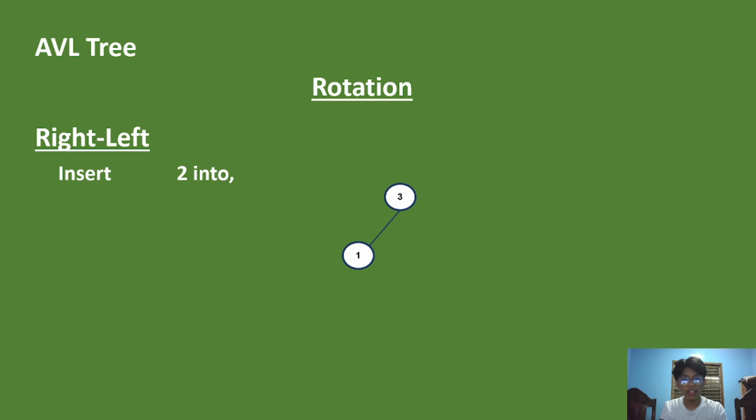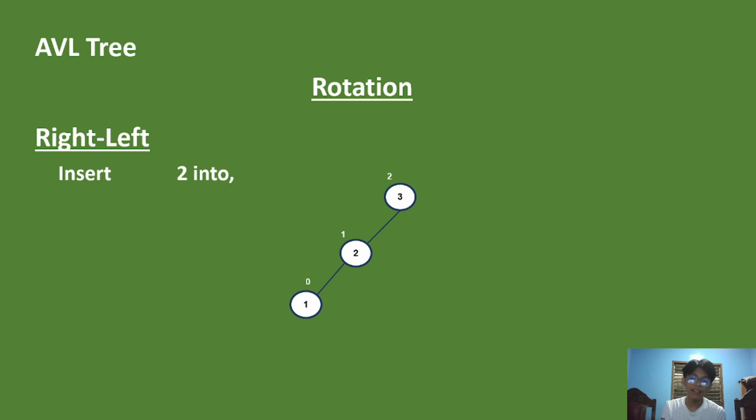Now we're going to do a right left rotation. So just like what we did on the left right rotation, we need to do that in parallel. As you can see, since node 1 and node 3 have different signs of height, we still have to change the position of 1 and 2. Let's make it straight. So interchange their position and make it straight. So now their heights are 0, positive 1, and positive 2.